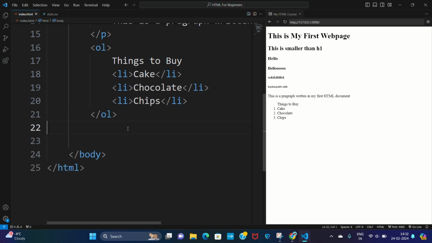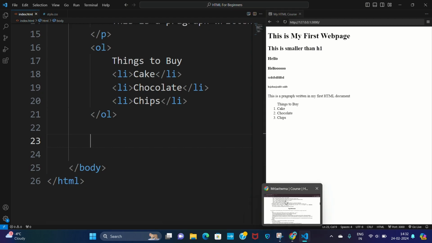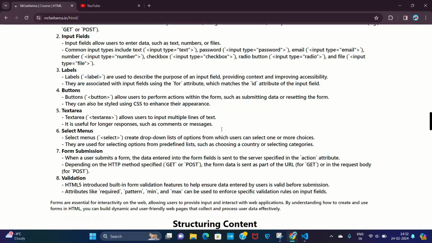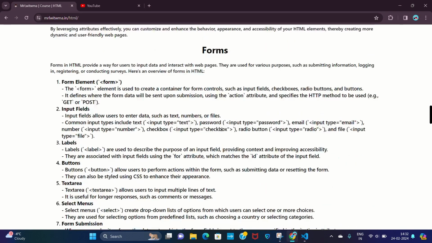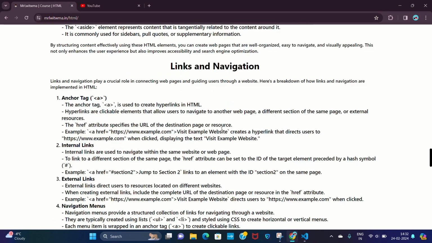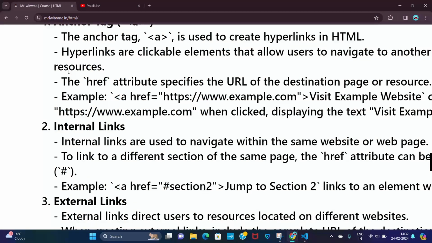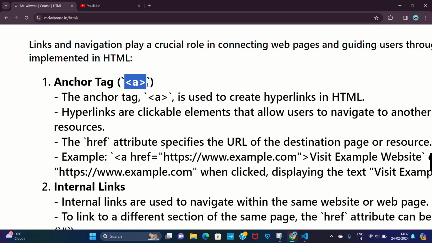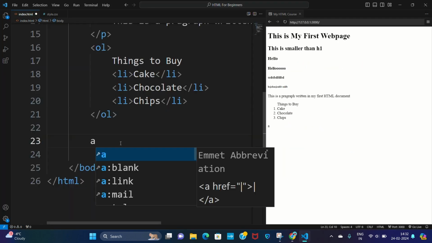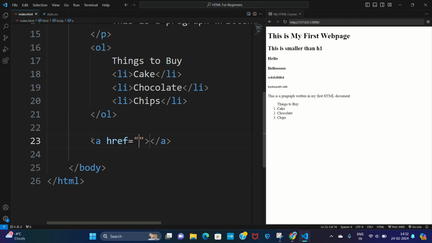So for link we use, let me just see, build form level validation h1 h2 hr. Okay, so we use this a, this is the anchor tag. So we use this to put links in our